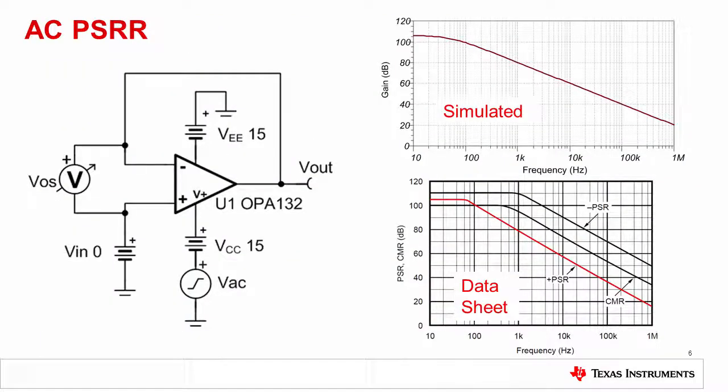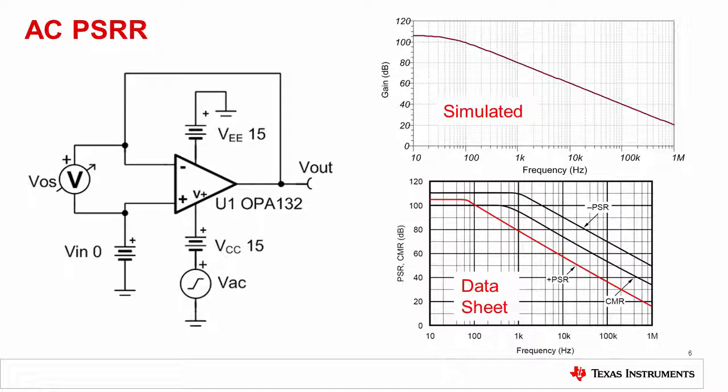This slide shows the configuration used to simulate AC power supply rejection. Strictly speaking, inverse AC signal should be applied to both supplies such that the instantaneous average supply voltage is 0. This would keep the common mode voltage constant and no common mode rejection errors would be introduced. In fact, when performing an AC transfer characteristic for this configuration, the common mode errors are ignored by the simulator, whereas for a transient simulation, the common mode errors are included.